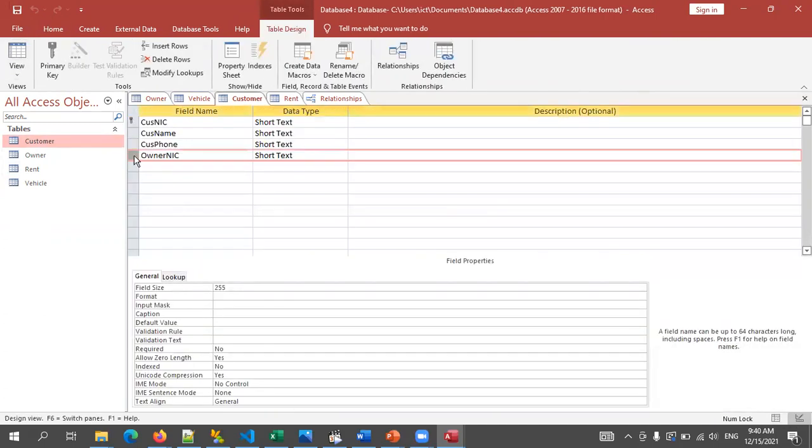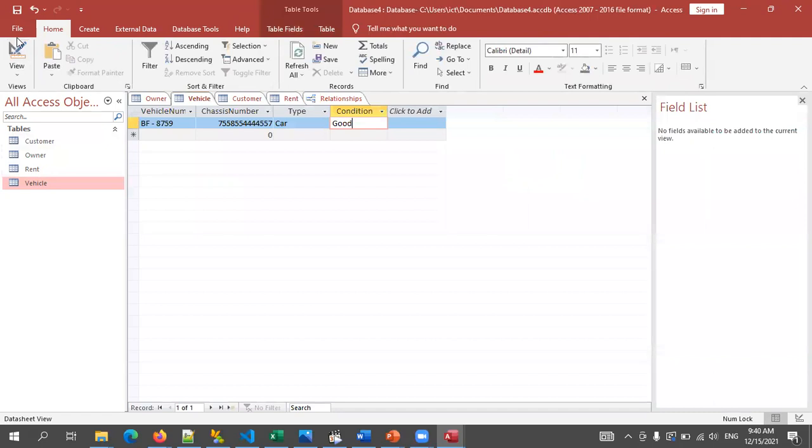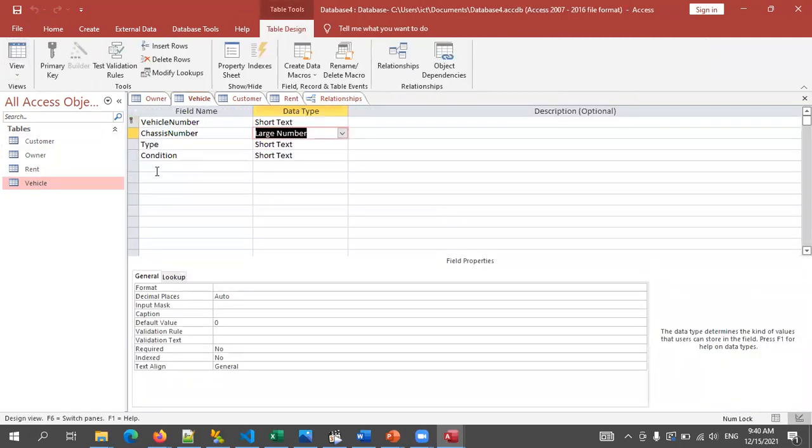This must be added to the vehicle table, right? I just made a mistake. I'm going to delete the row. You can just click and delete the row. In the vehicle table, I must add customer, sorry, owner NIC.